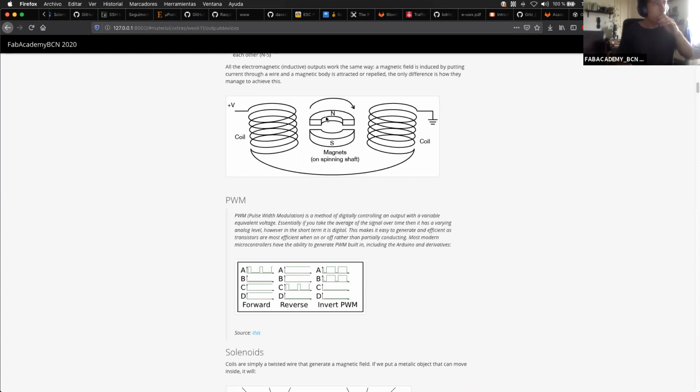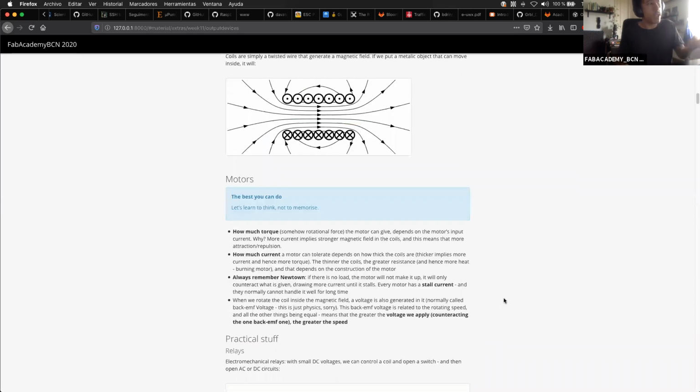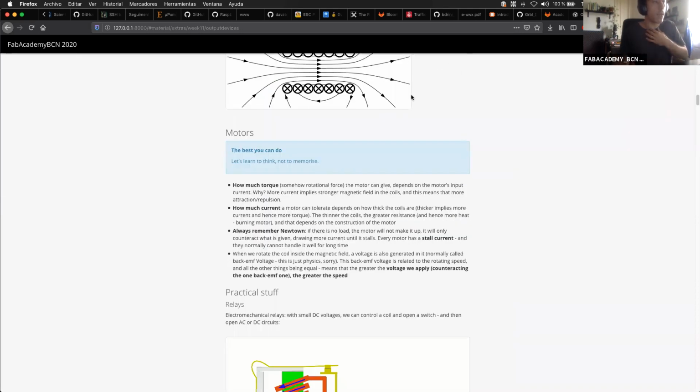So if you want to relate a little bit to properties of motors that come from electromagnetic fields, it's a good idea to read the links that we have in the documentation and also read these paragraphs, and try not to memorize the concepts but to derive them while you're thinking. And understand that motors,